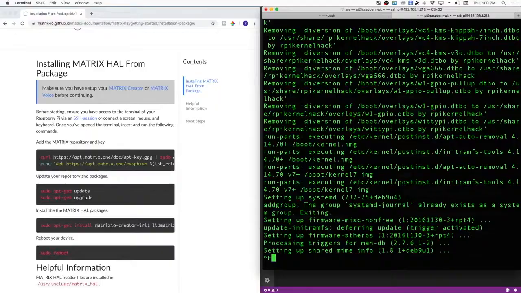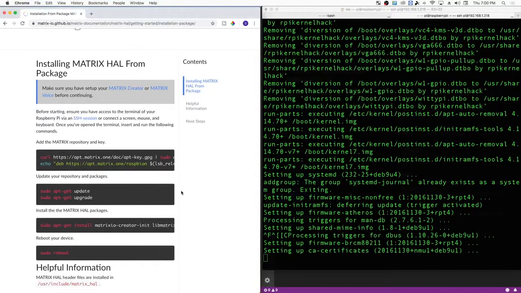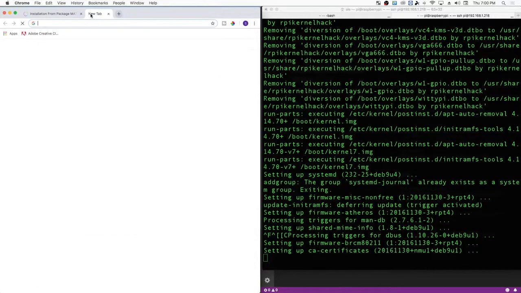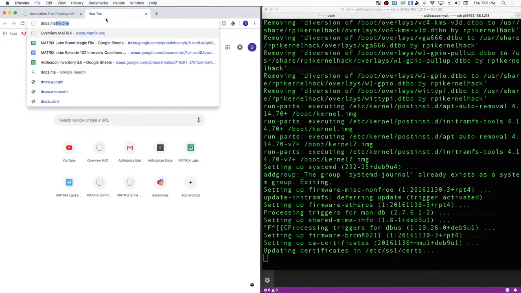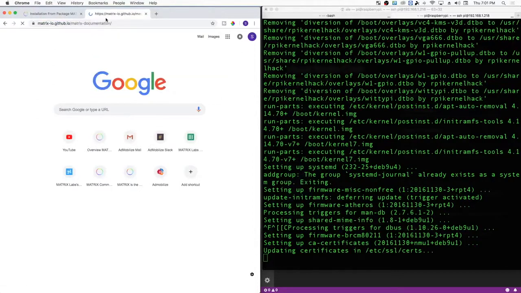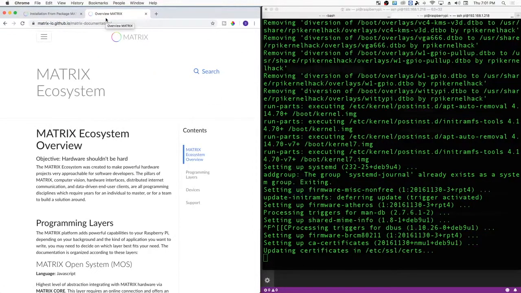Yeah. So, well, I mean, I guess in the meantime, I could go back to the screen and talk about what we would do there. Yeah, well, we could show like the. Oops. No, you're good. You'd be fine. So we could like open a new tab. Yeah. Go to docs.matrix.one, and then we could just show you some of the examples that we have in HAL